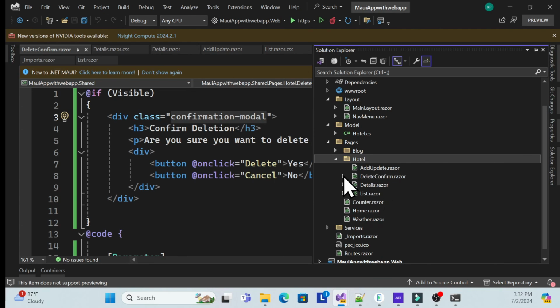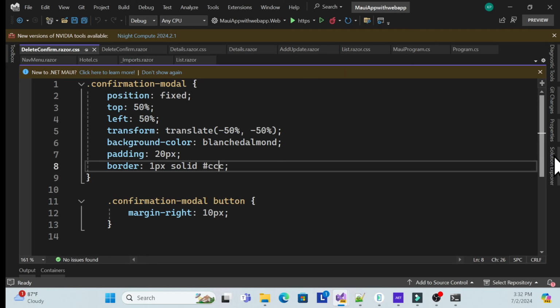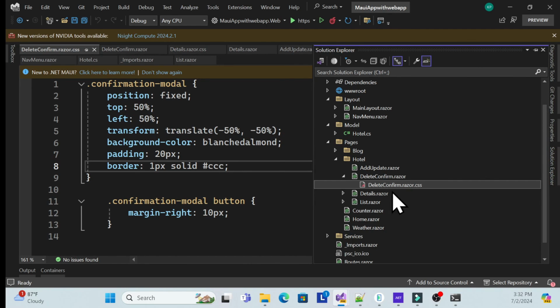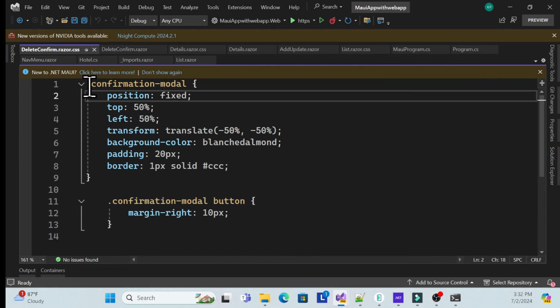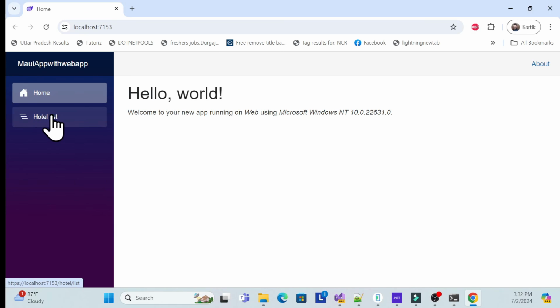And go to that delete CSS file, the Razor component CSS file. See, nothing special, we just add some style so that the dialog pop-up will appear in front, right? So now let me try to run this application one more time